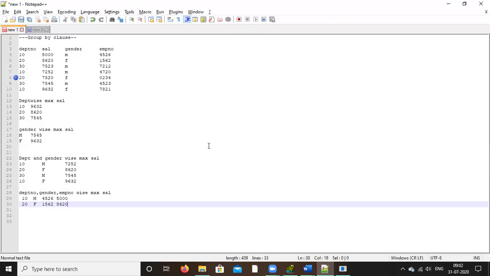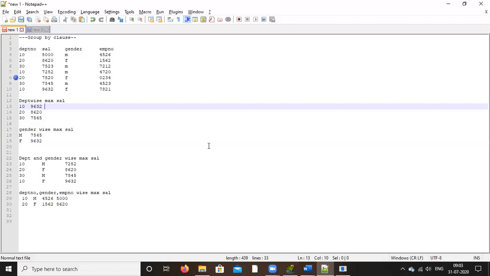See, in department number there is a duplicate, so you understood? Yes. If you go on doing this, you'll get the same number of records. 1, 2, 3, 4, 5, 6, 7. 7 records you'll get because there is no duplicate employee number.